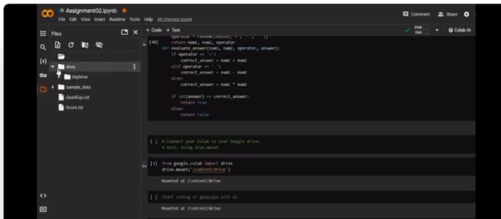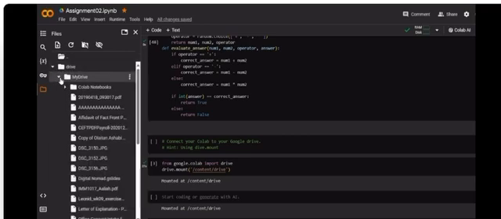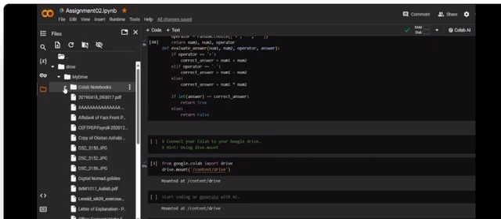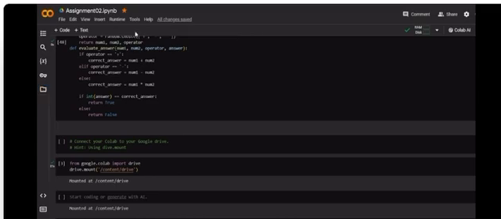Well, let's go inside. Because I already did that, I already have my drive, and this is the Colab Notebooks folder. Once I click inside the Colab Notebooks, I have everything that I wanted. This is my assignment and everything I've been doing in Python inside my drive. Everything there is actually mine, so it's not for the professor's use.